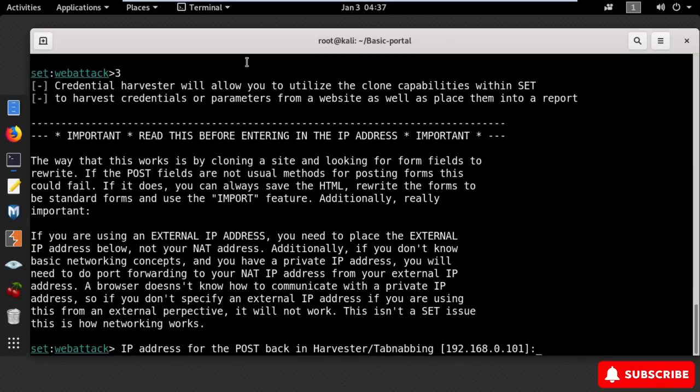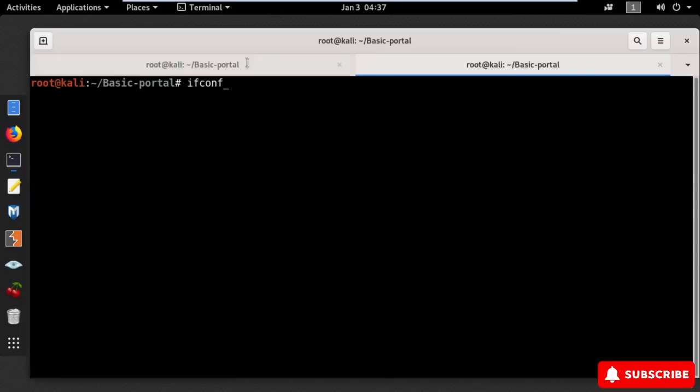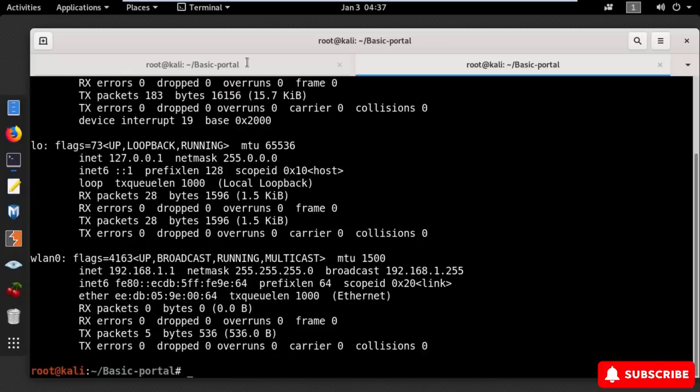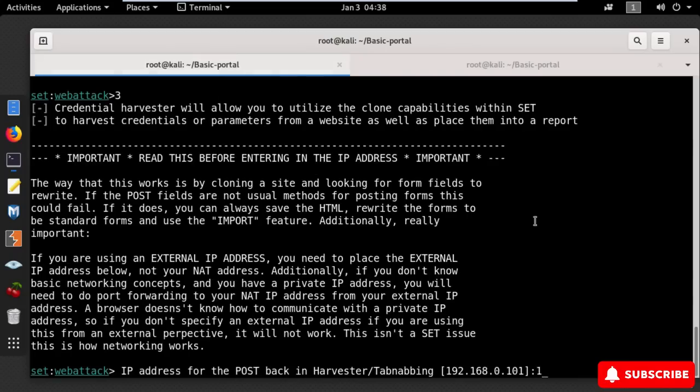Now in this step it will ask you for your IP address. So if you are using this attack with an access point, make sure you are using the IP address from your wireless interface, which you can easily find by typing ifconfig. And here on wlan0 is the IP address. So I will type